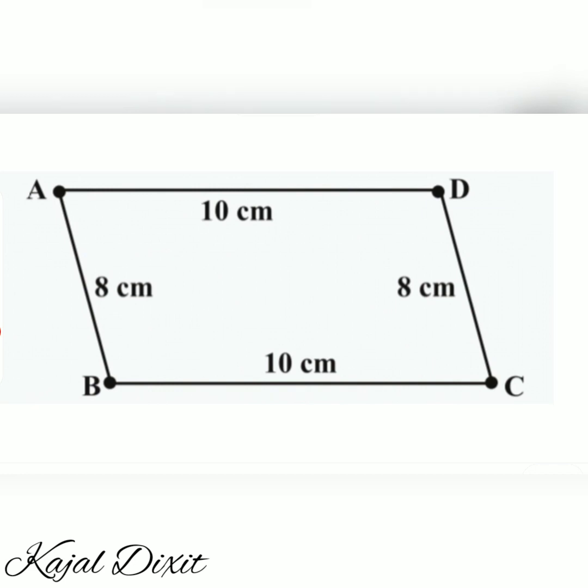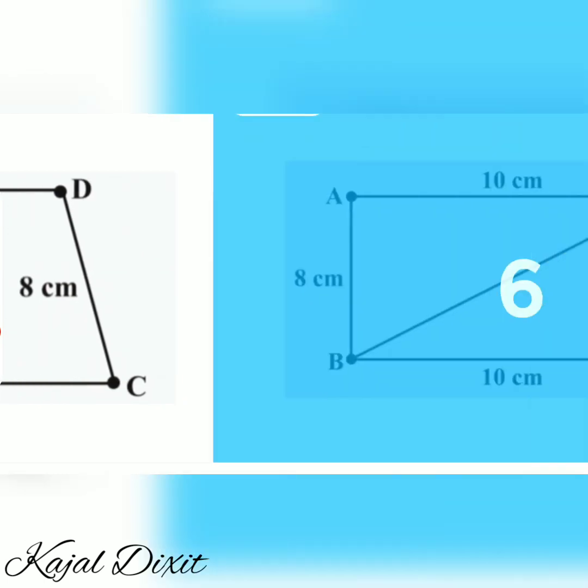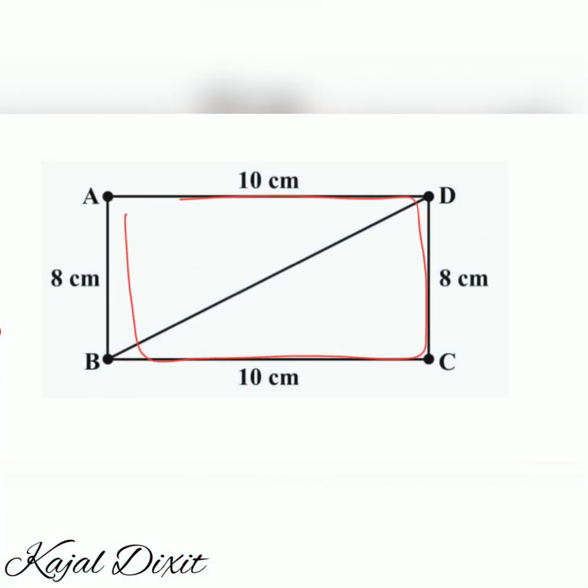So how can we do then? Here you can see this is again the rectangle that we saw in the first case, and now one additional thing I have done, that I have drawn a line, the diagonal, which is joining the points B and D. So with this, if I already know the measurement of this side, then I will certainly have a unique quadrilateral whose side lengths will be 10 centimeter, 10 centimeter, 8 centimeter and 8 centimeters, and along with the four measurements I have the measurement of this diagonal BD also.